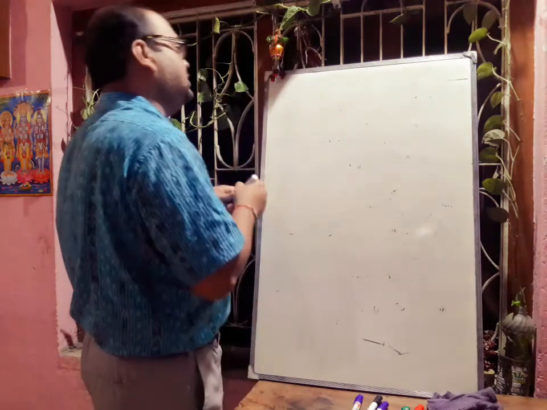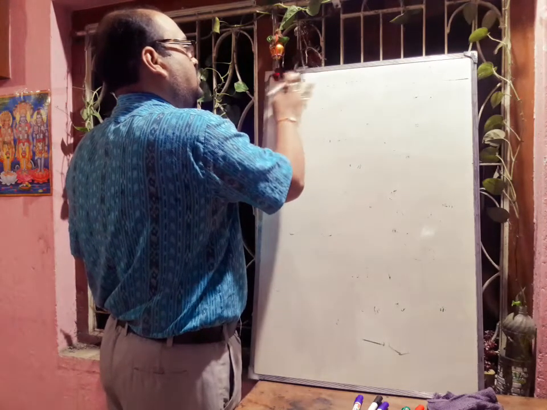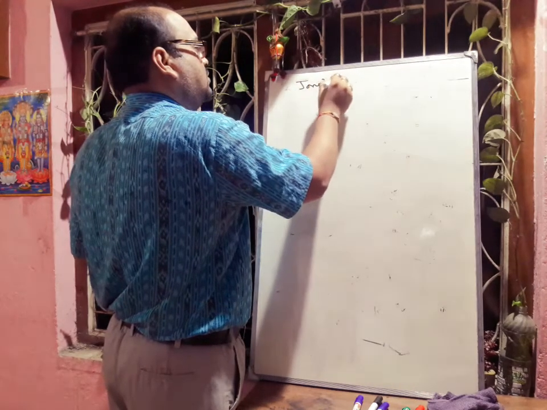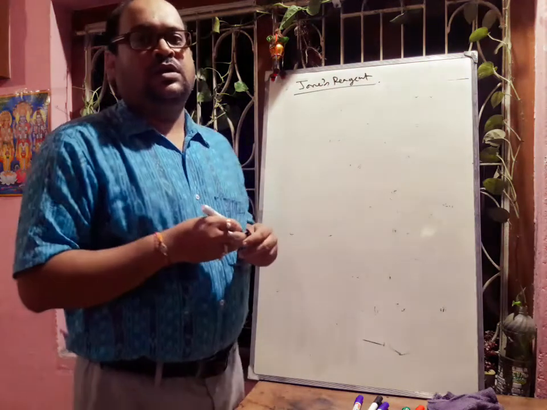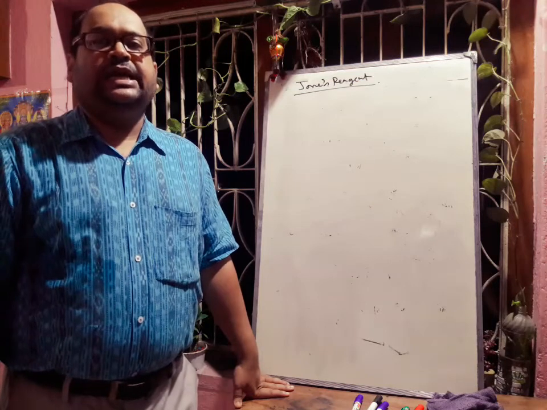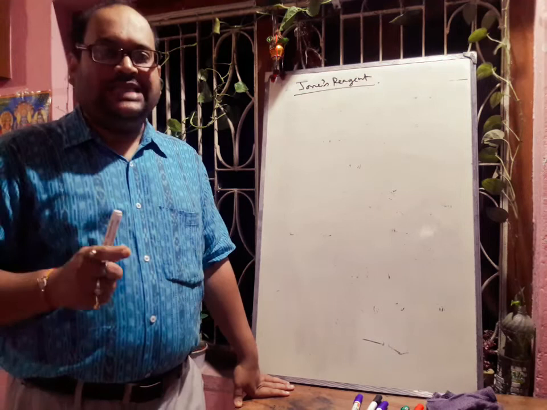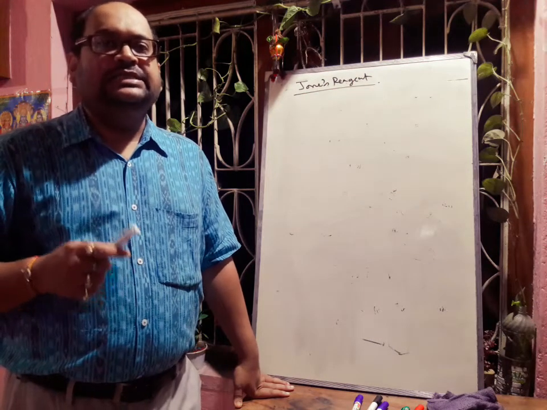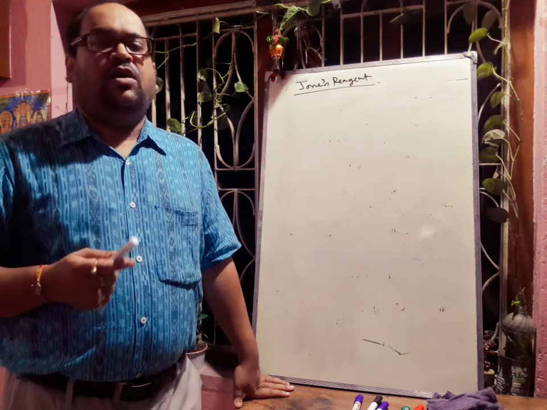Next we will discuss another very important reagent, that is called Jones reagent. Jones reagent is a solution of chromium trioxide in sulfuric acid in aqueous acetone. It oxidizes 1 degree alcohol to aldehyde at room temperature, and this reagent is very selective and does not attack the double bond or triple bond.